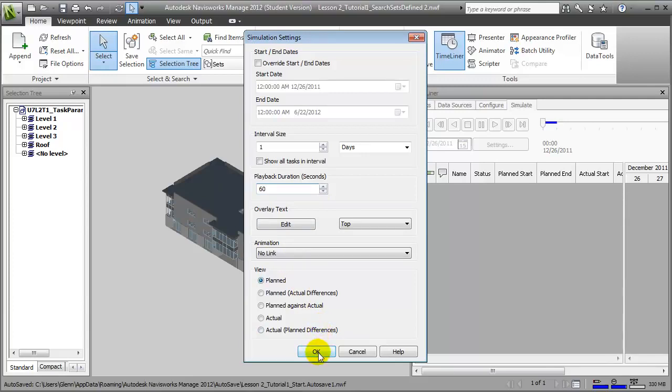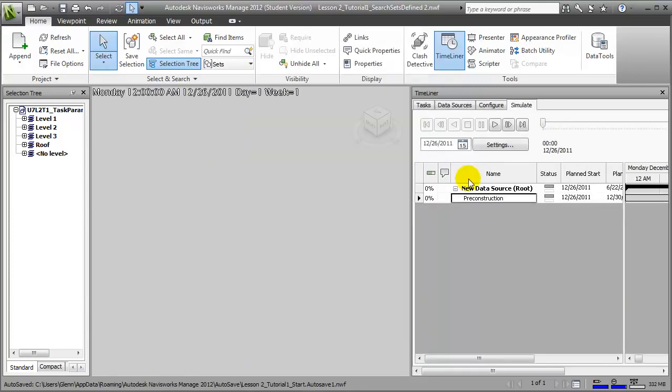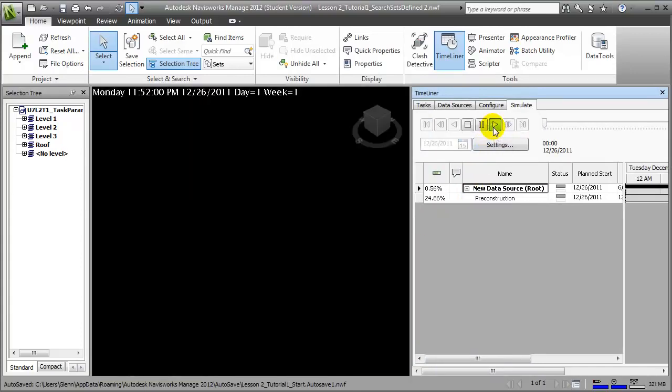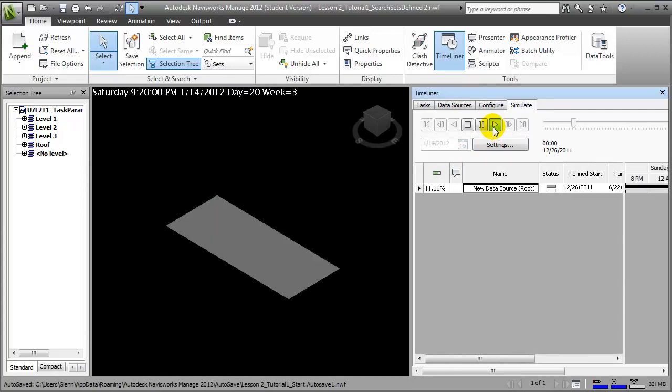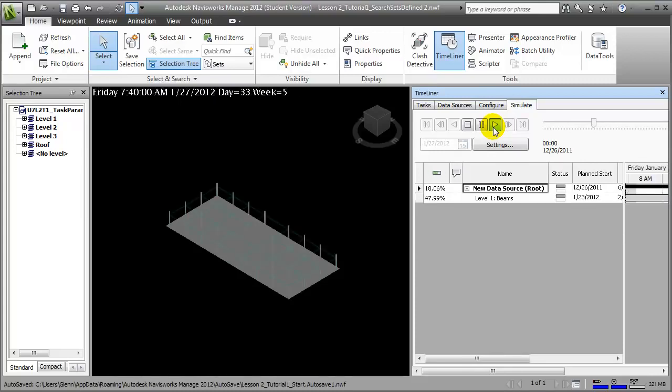Let's say OK, and we're ready to run our simulation. To do that, let's click the play button. Then sit back and watch as Navisworks steps through every day on the project schedule, looks at the activities that are scheduled for that day, and in turn brings in the different building elements that are associated with those activities,